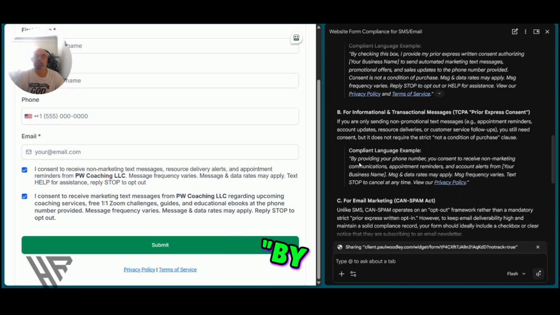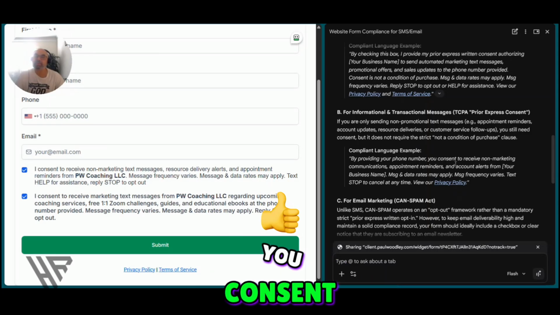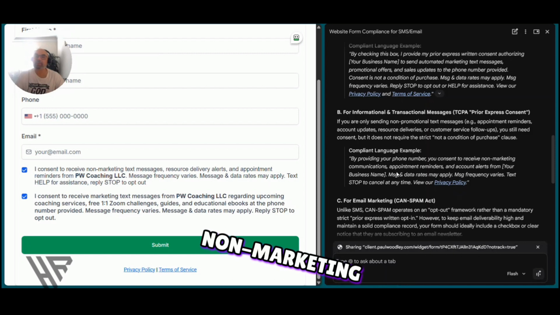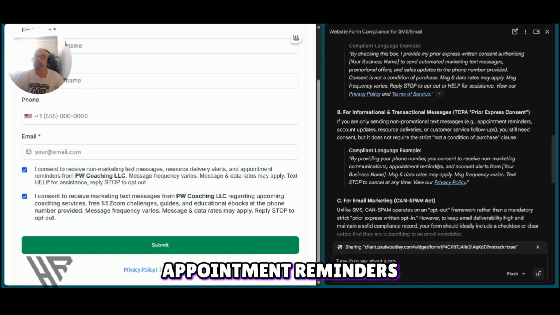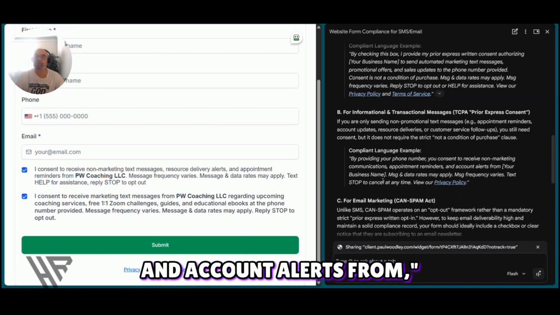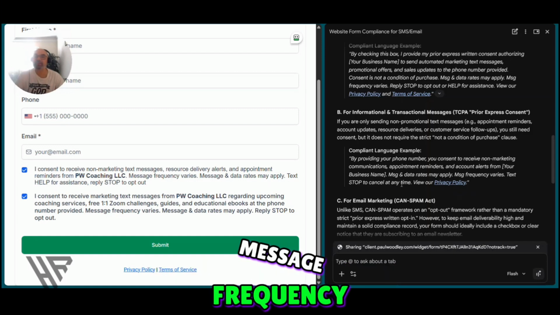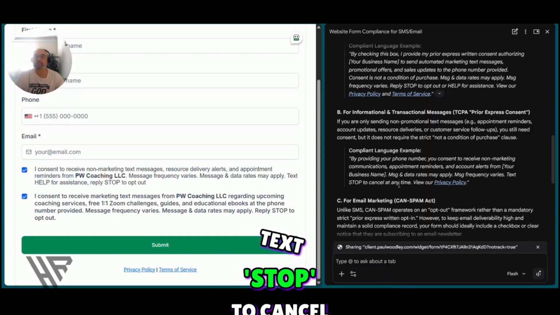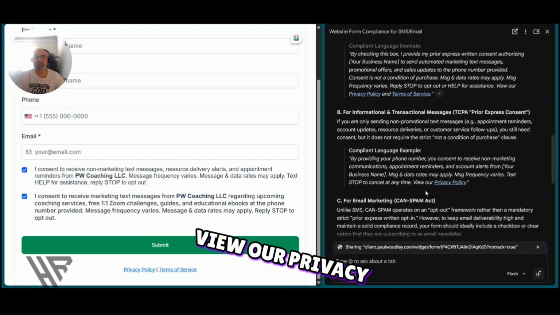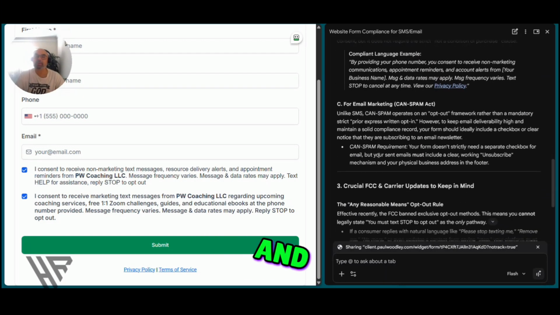For example, by providing your phone number, you consent to receive non-marketing communications, appointment reminders, and account alerts from your business. Message and data rates may apply, message frequency varies. Text STOP to cancel at any time. View our privacy policy. For email marketing, and this is where we're going to address the CAN-SPAM Act,